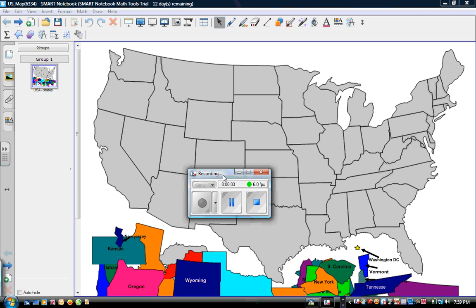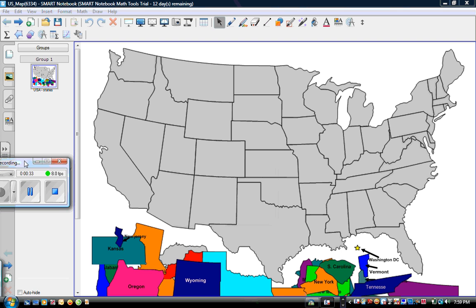Okay, class, today in our social studies class, we are going to talk about and locate the geographic locations of the 50 states in the United States. How many of you think it's important to know where different states are, other than the state that you live in? Most of you probably said, okay, yes, it is, because